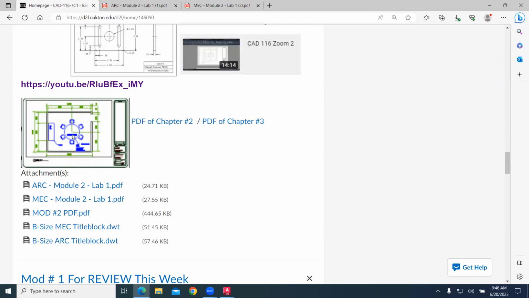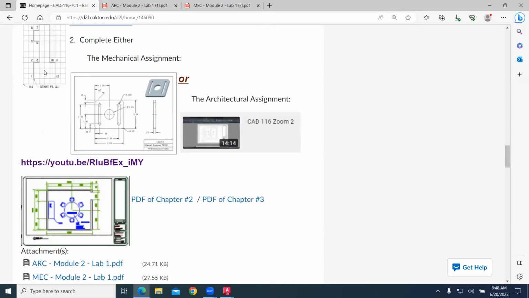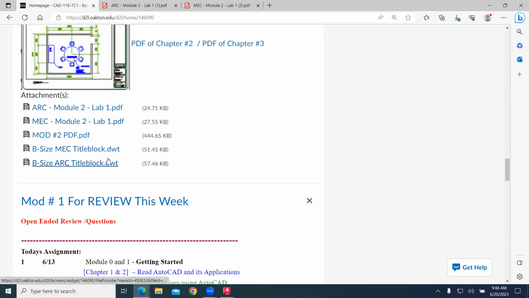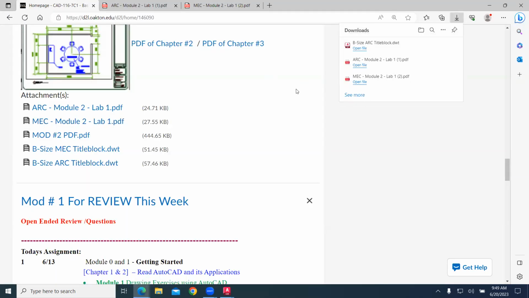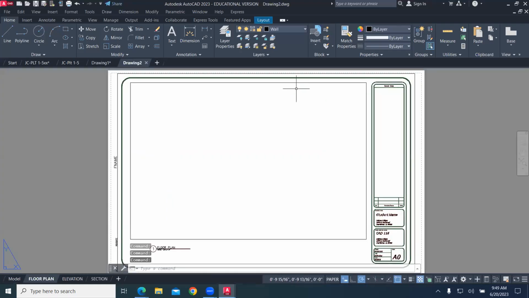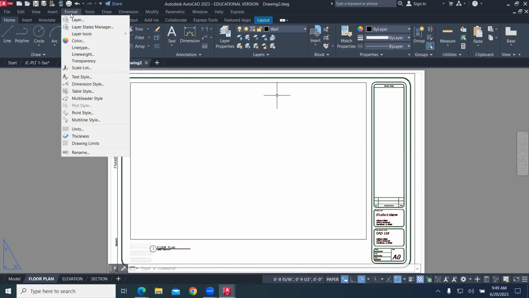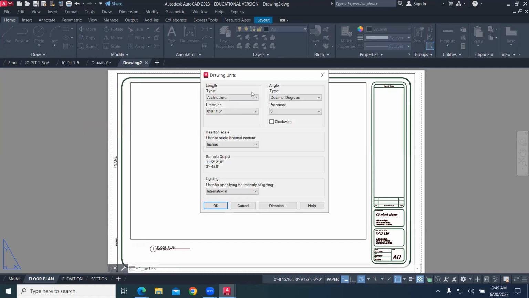And so you can choose either the architectural or the mechanical, and then make sure that you do the number 1. Title blocks are located right here. And so if you're working on the architectural title, you can open that and create that drawing on the architectural title block. The difference between the architectural and the mechanical is the drawing units. On the architectural drawing, we're using architectural units, which would be input in feet and inches, versus when we open the mechanical assignment,